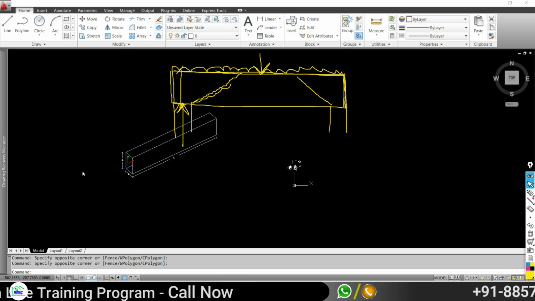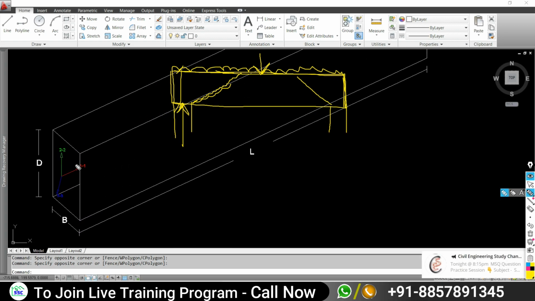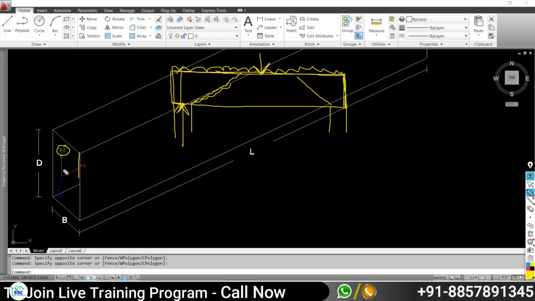So that's why, in the algorithm of the software, it is considered that the depth of the beam is represented by the local axis 2-2.